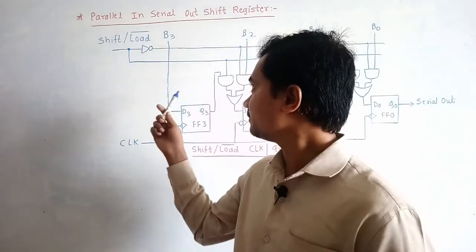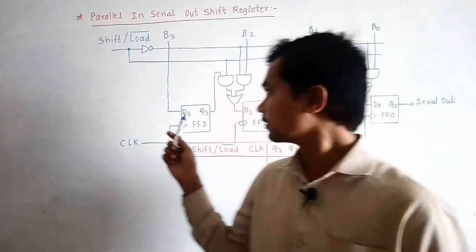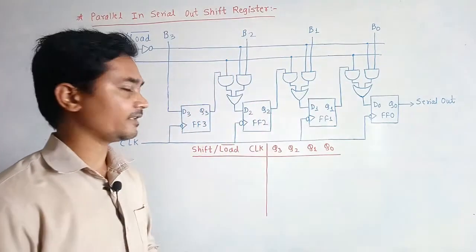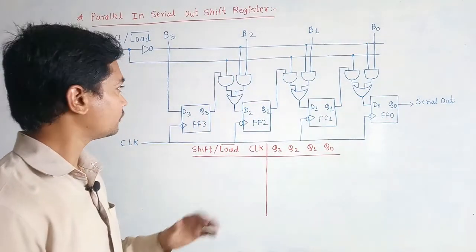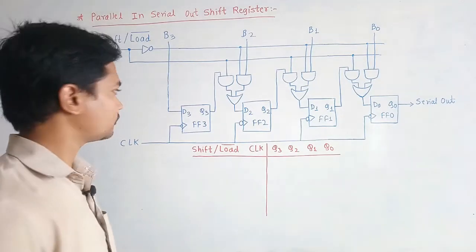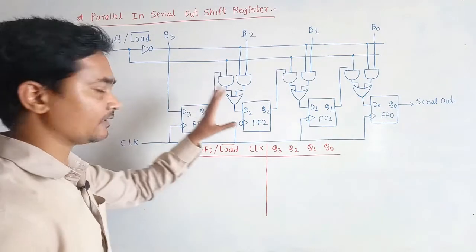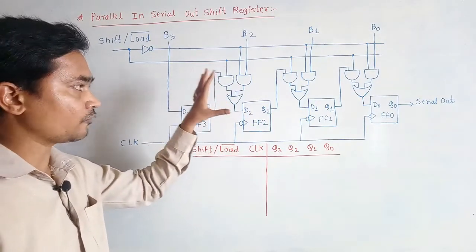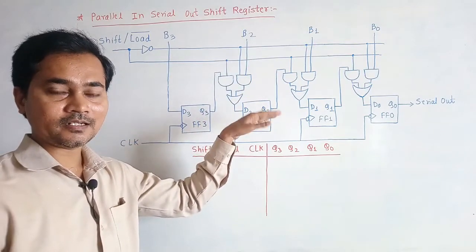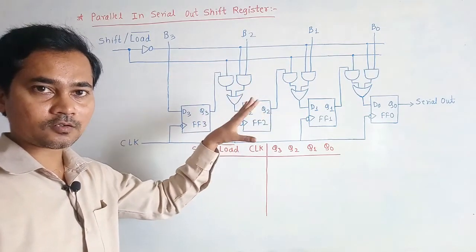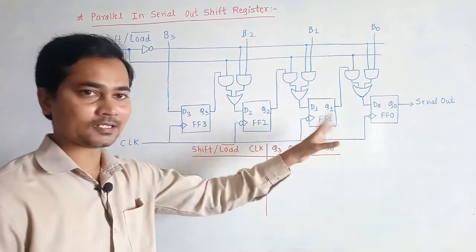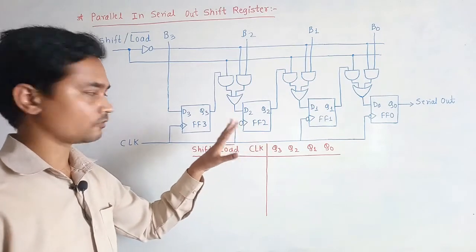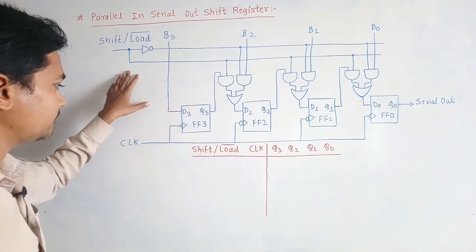So here we will try to understand this circuit diagram. The circuit is quite big, but it is quite simple to understand. Here the additional signals are used to shift the data serially from the parallel input. Initially we have to load the data in parallel, and after that we have to apply the clocks 4 times because 4 flip-flops are used. So a total of 5 clocks are required. Let us see.